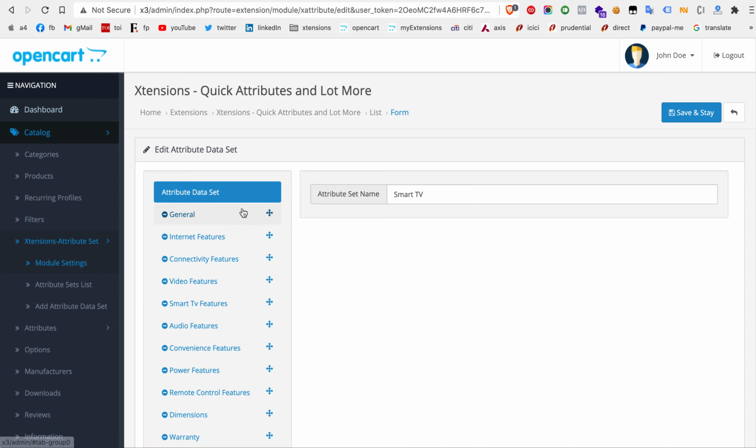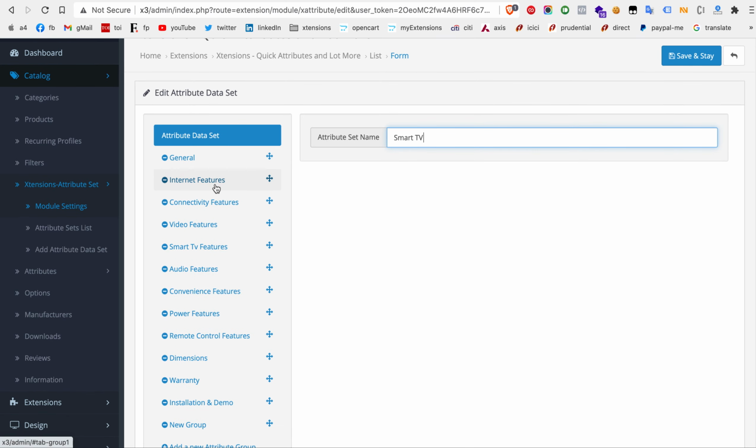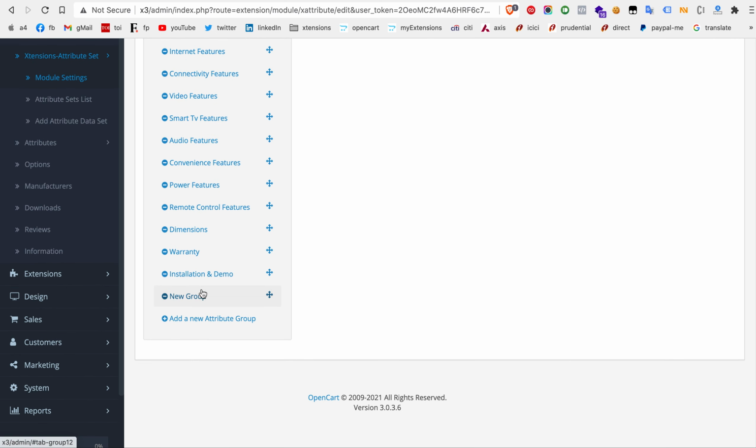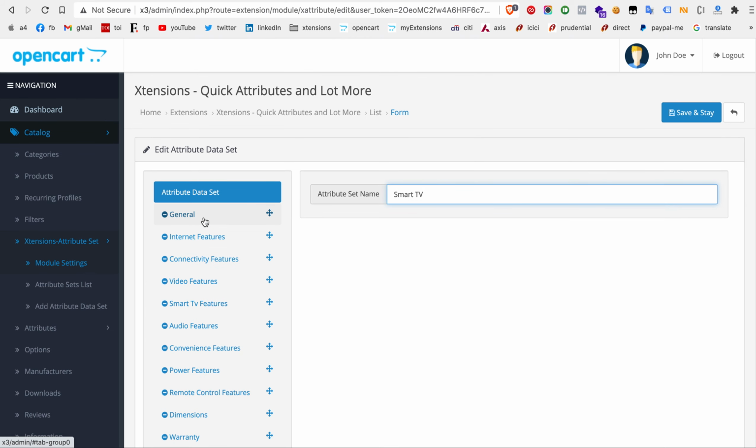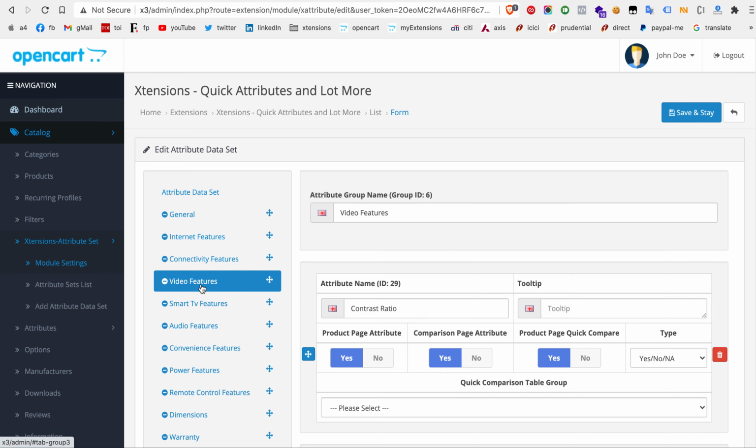Now, on the right side, you name your attribute category, smart TV. In this smart TV, how many attribute groups do you have? For example, about 15 attribute groups: general, internet features, connectivity features, and all those.